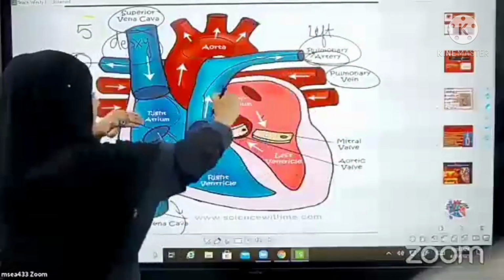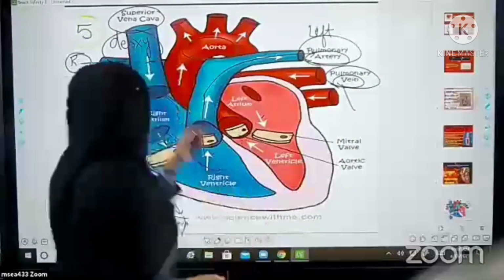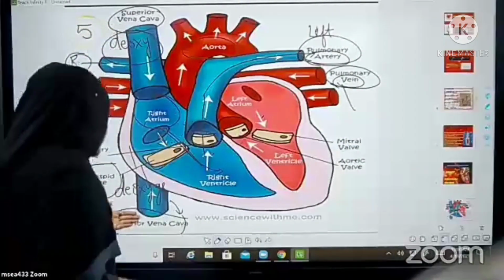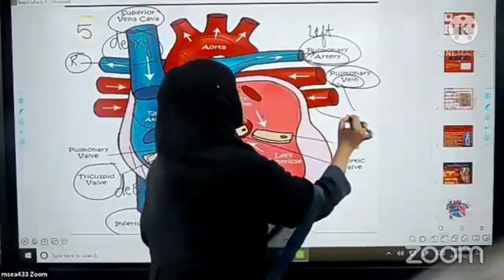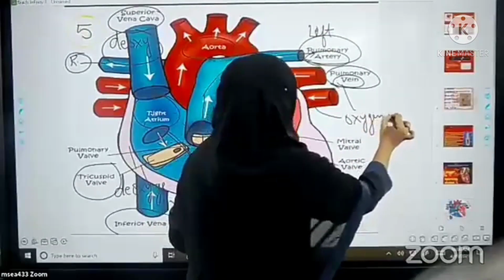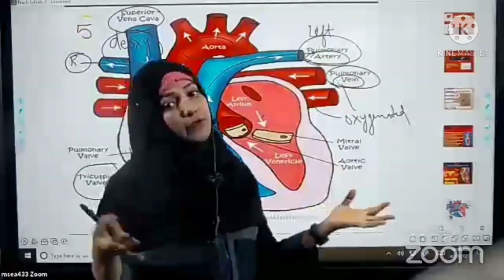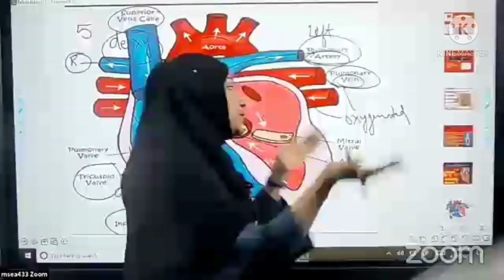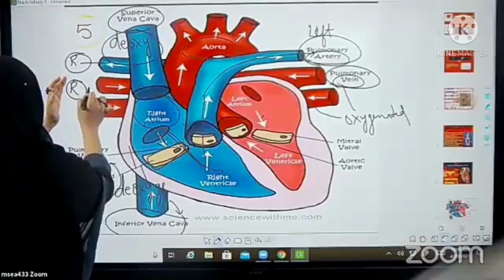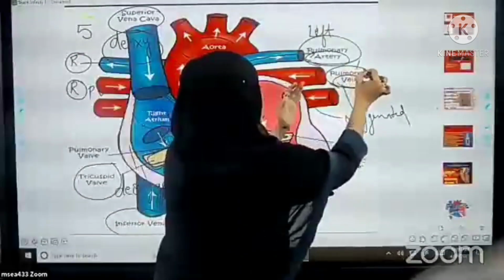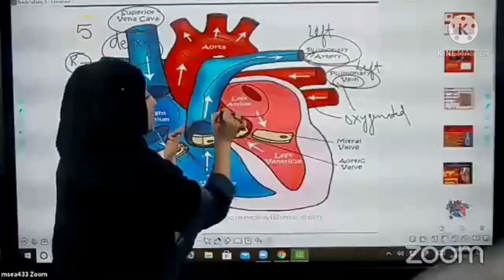Then once the blood is oxygenated, the pulmonary vein brings it back. All veins carry deoxygenated blood. The superior vena cava is a vein, the inferior vena cava is also a vein, but the pulmonary vein is the only exception that carries oxygenated blood. From where? From the lungs, right? After oxygenation, the pulmonary artery will not bring it back, or else there would be mixing of oxygenated and deoxygenated blood. So a separate vein, the pulmonary vein, brings back the blood, the right pulmonary vein from the right lung and the left pulmonary vein from the left lung. Where? Into the left atrium.